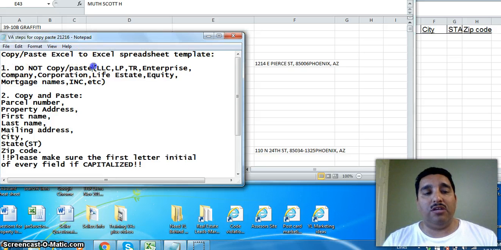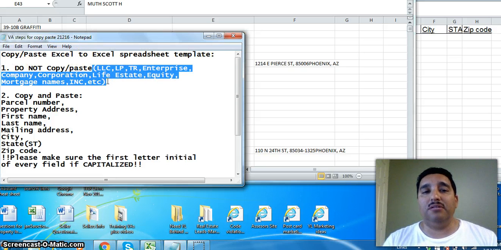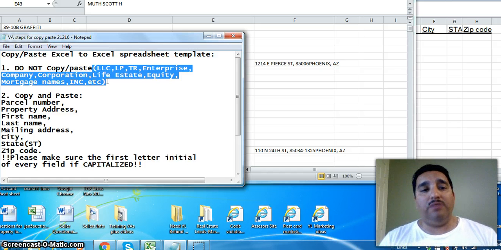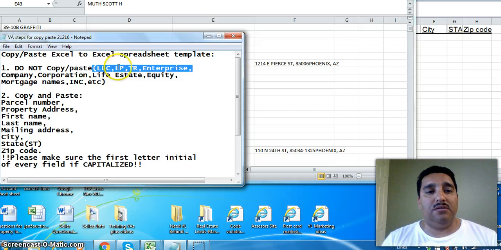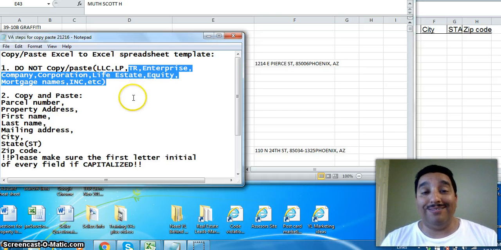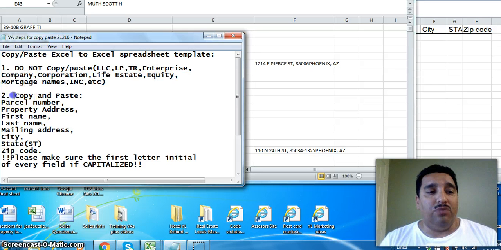These are the things that you don't want to cut and paste, or transfer to the other spreadsheet. I'm going to have you work on LLCs, LPs, all these types. So they're all pretty much company names or trusts or whatever, just company names. I don't want those, or banks. So you do want to cut and paste this bit of information